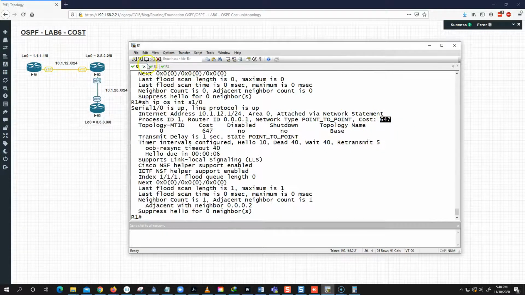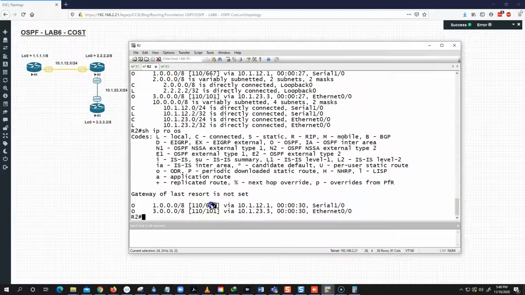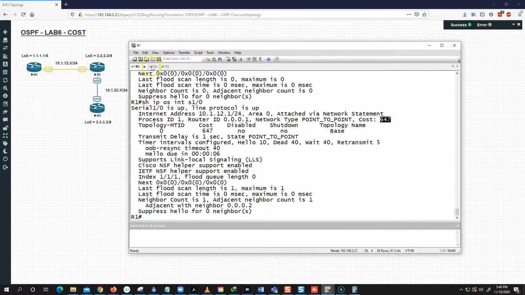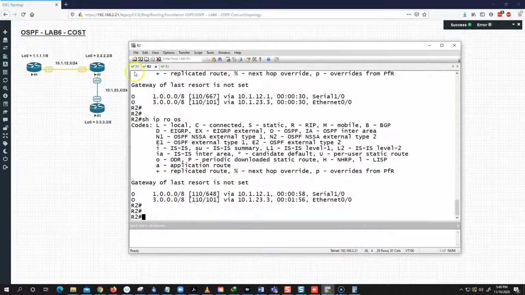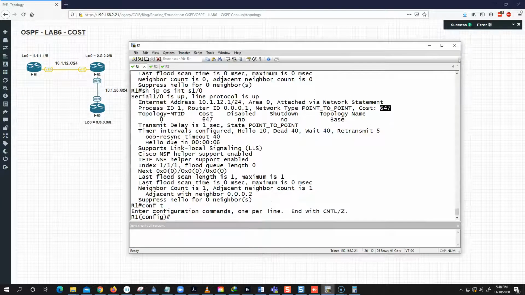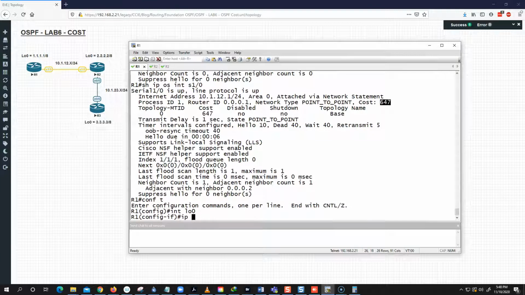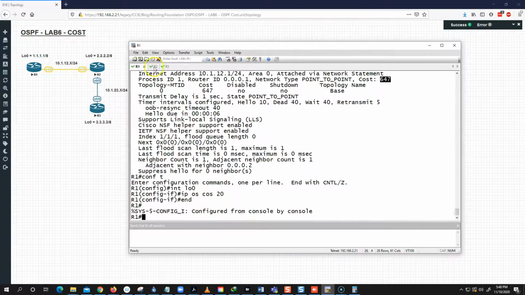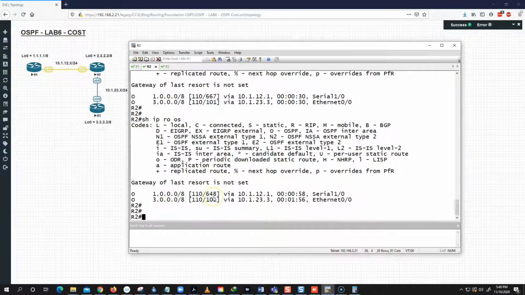But what happens is that now router 2 is receiving at 648, right? Because that is 647 plus 1 for the loopback, this is 648. Now if I go back and change it again, IP OSPF cost is 20, because I want router 1 to advertise it as cost of 20, then router 2 will receive it as what? 648 plus 20 is 668,